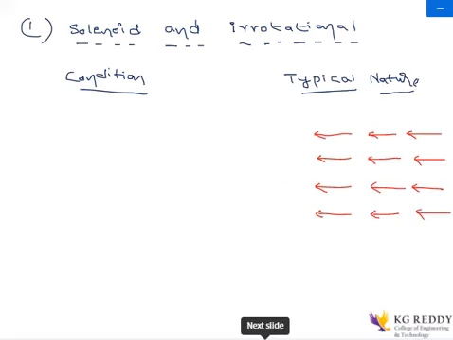With the first one, if you see, this is one type of field which is a solenoid and irrotational. If it is a solenoid, then the divergence in is exactly equal to the divergence out. So that's why you can't see any variation between the input and the output.